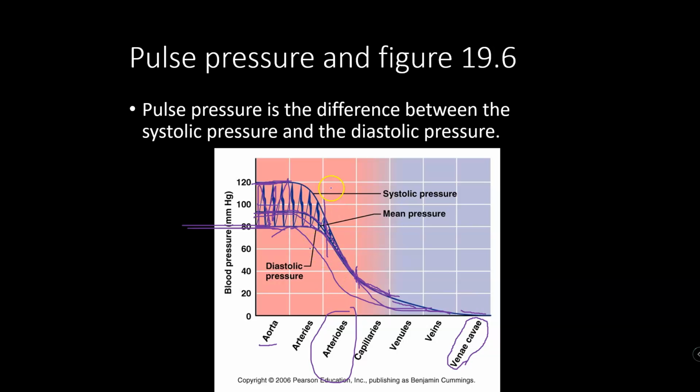Next, we get the sharpest drop in blood pressure within the arterioles. That has to do with, and here's the analogy that I want you to think of. Imagine that you've got your faucet on the outside of your house and you hook up one hose to it. You're going to get all the pressure from your faucet out of that one hose. But now imagine that you hook up a splitter and then a hose, and then you put a splitter on that hose, so now you've got two hoses, and then you put splitters on those two hoses, so you've got four hoses, and then you just keep doing that.